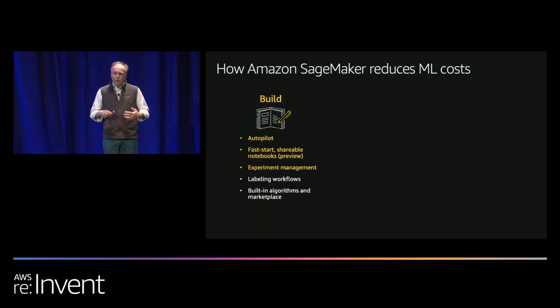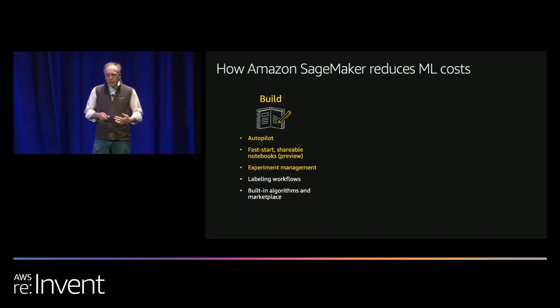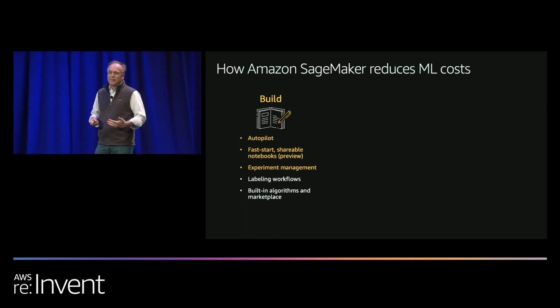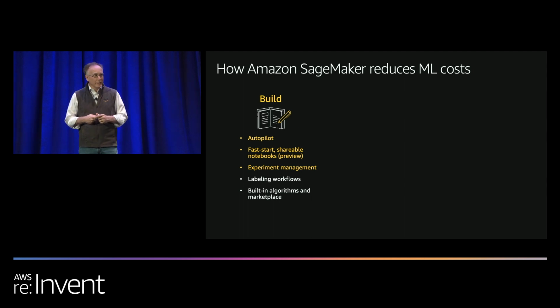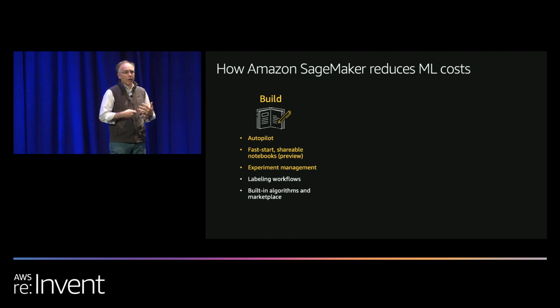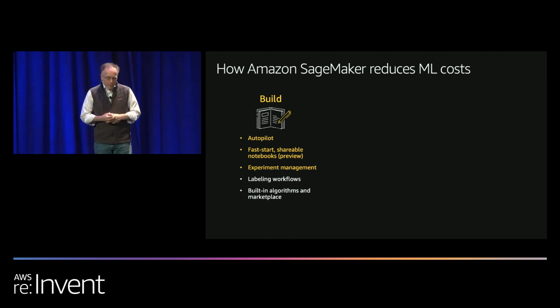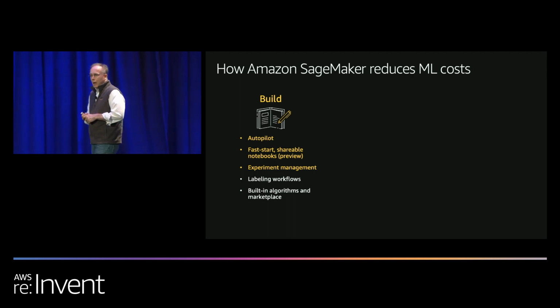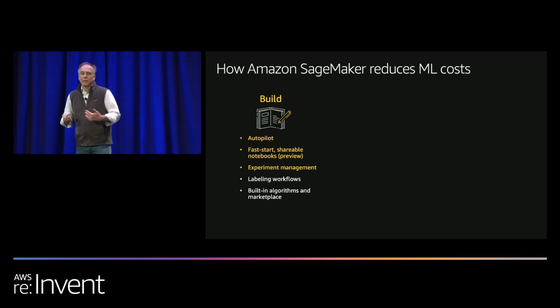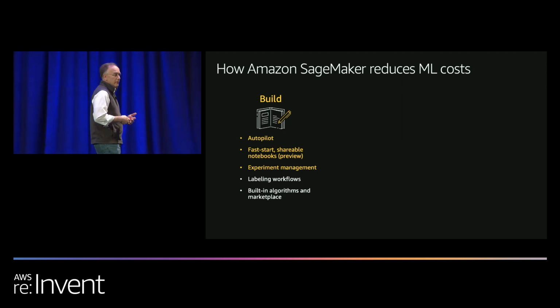So here's a few of the things that I'll talk about. On the build side of things, one of the things that is really exciting from yesterday is something called autopilot. I'll take you through what that means. We'll take a quick look at fast start shareable notebooks as well, and experiment management. We won't really touch on labeling workflows, but that's a big cost saver as well. And the fact that you've got built-in algorithms and the availability of a machine learning marketplace is also a big